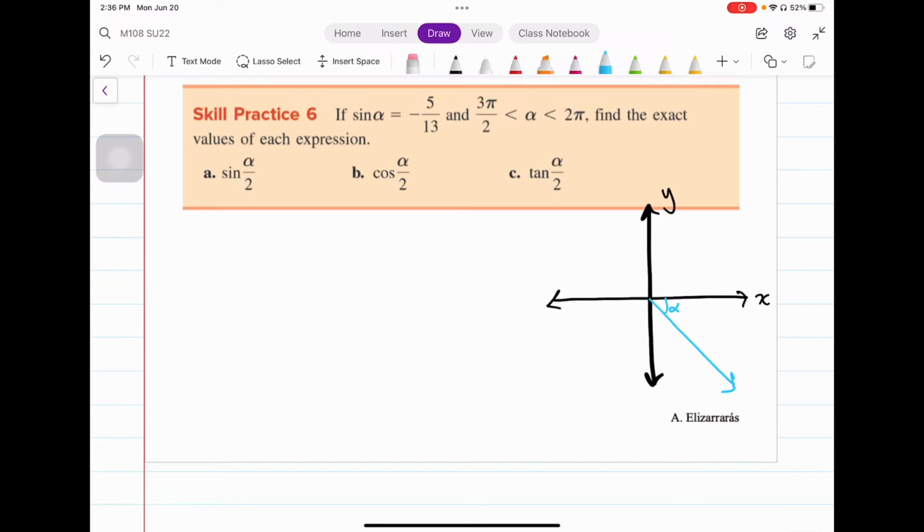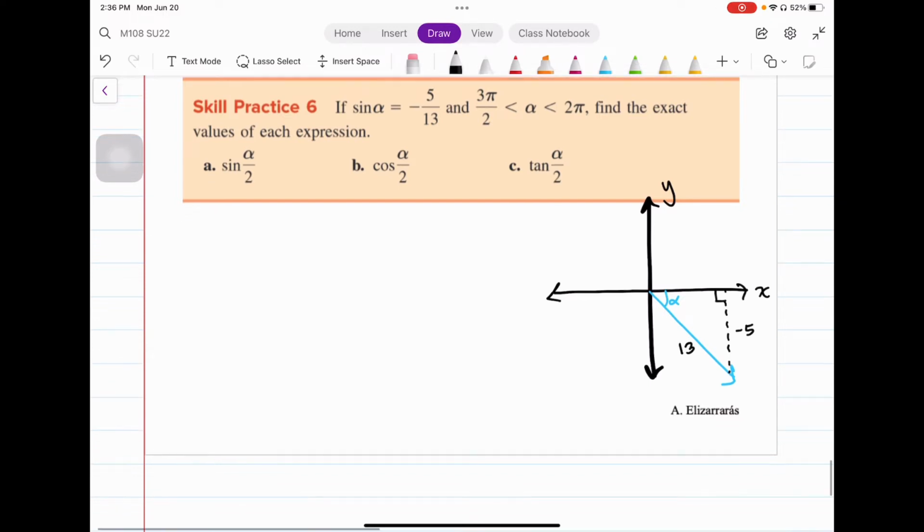If alpha is between 3 pi over 2 and 2 pi, that's in the fourth quadrant. Sine is opposite over hypotenuse. Hopefully you recognize this is a Pythagorean triple, and that value for x is 12. And so we're looking for the sine of alpha over 2,